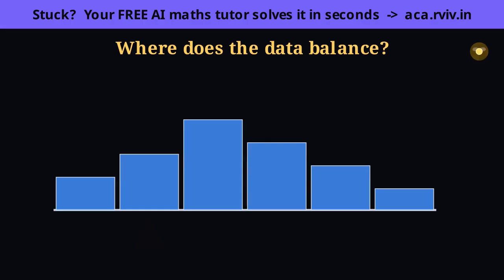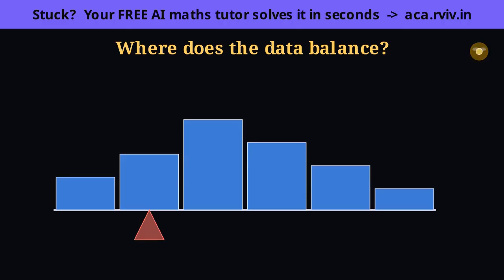Where must I place a single pivot, one fulcrum, so this loaded beam sits perfectly level? Think of a seesaw. If I put the pivot too far to the left, all those heavy bars on the right win the tug-of-war and tip it over. The heavier a bar, the harder it pushes down, and the further it sits from the pivot, the more leverage that push has. So the balance point can't ignore either thing,